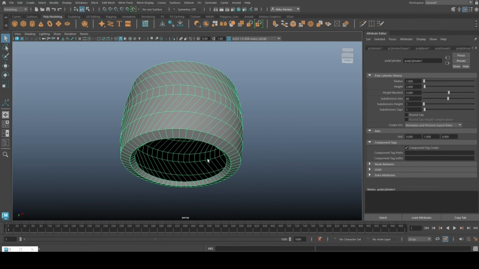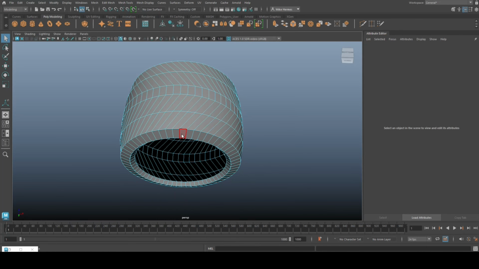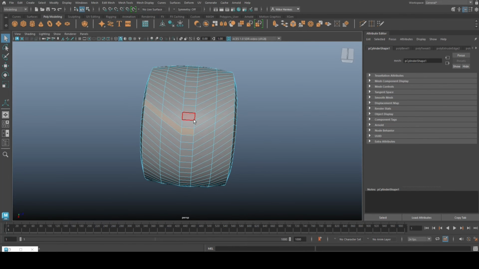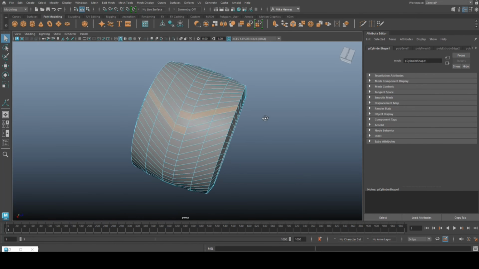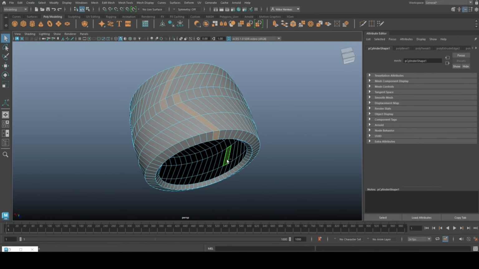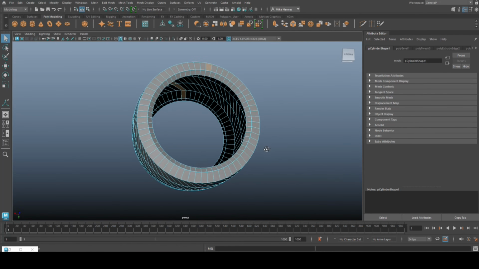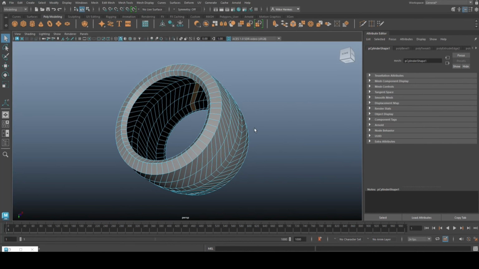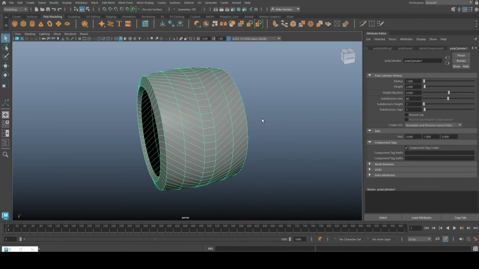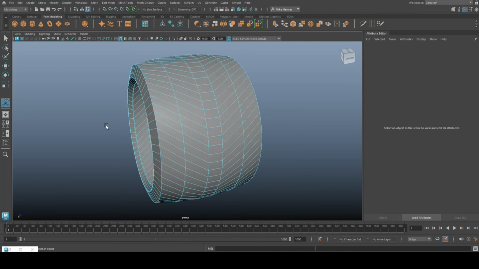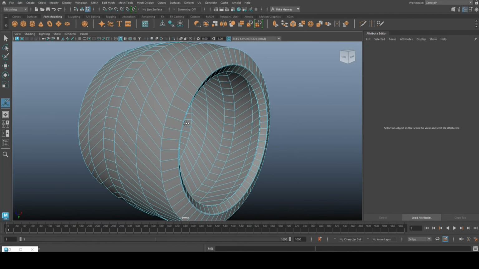Now, what's next? So next thing up, what we're going to do is we're going to select faces. So I'm going to go in here and select this, this, this, and this. Yeah. Then we're going to skip one, and we're going to do this. And make sure you don't select any faces on the inside. And actually, what I'll do, because I don't want to extrude on the bottom here, what I'm going to do first is I'm going to take the whole thing and extrude it. Okay, so 0.1, give it some thickness,